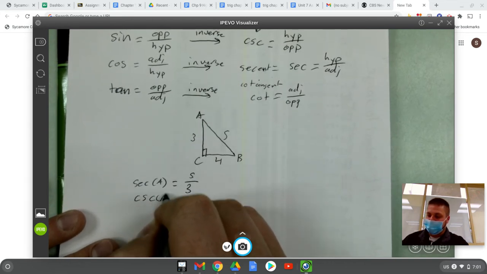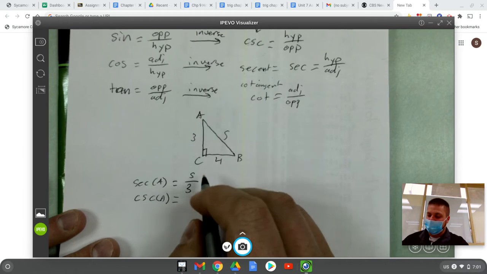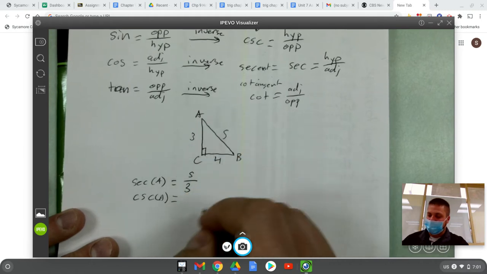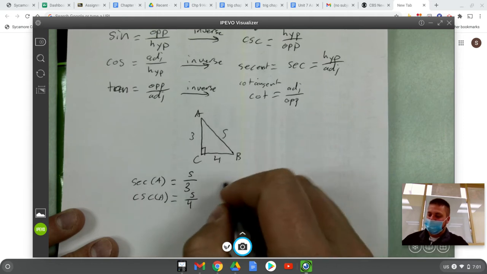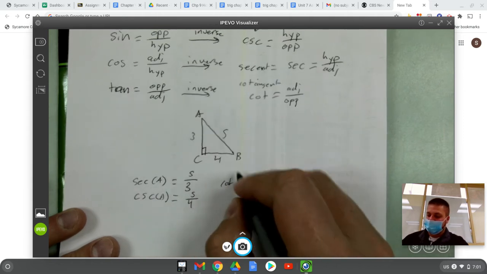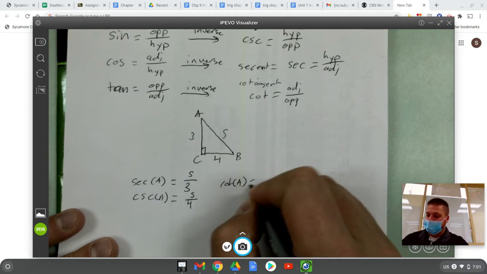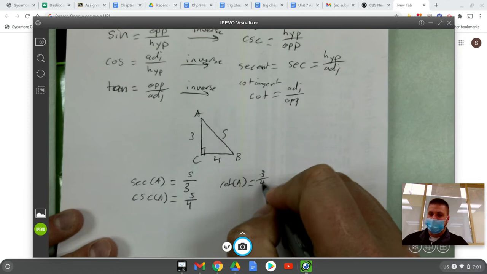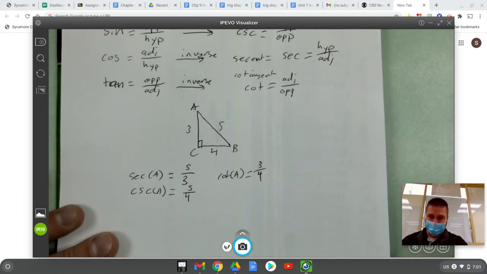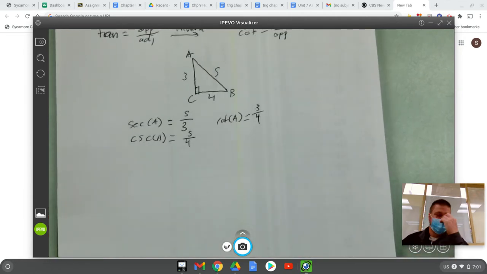The cosecant of A, that's the inverse of sine, opposite over hypotenuse. But now we are just going to do hypotenuse over opposite. And finally, the cotangent of angle A would be now adjacent over opposite, which would be 3 over 4. So just some new trig functions in general. All right, now the next thing is